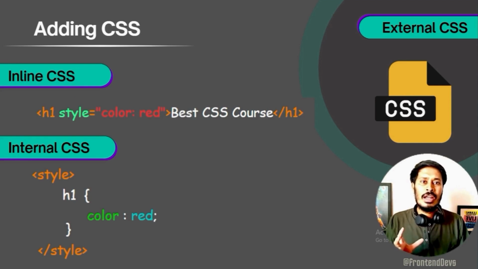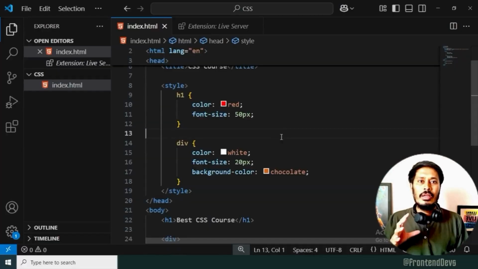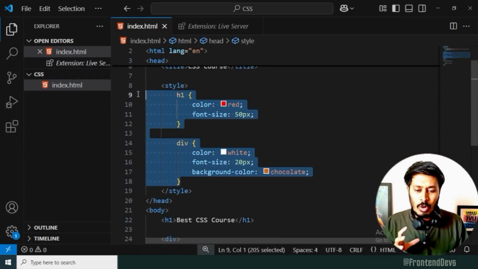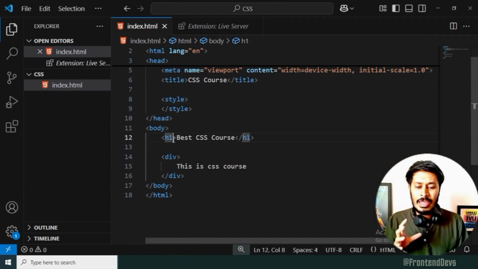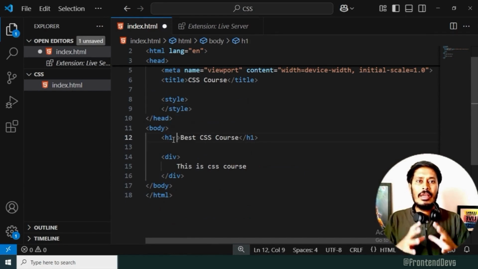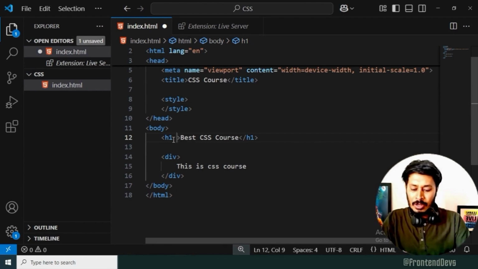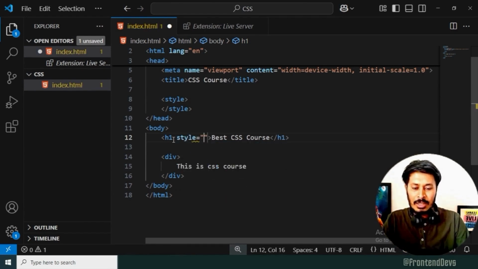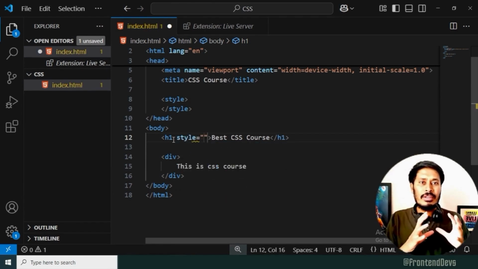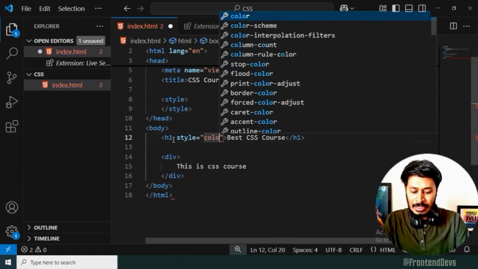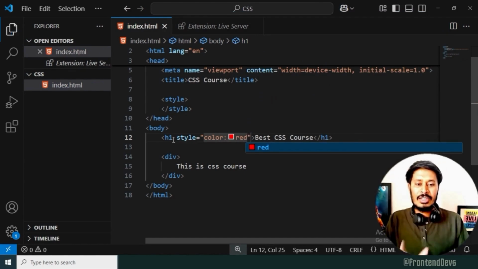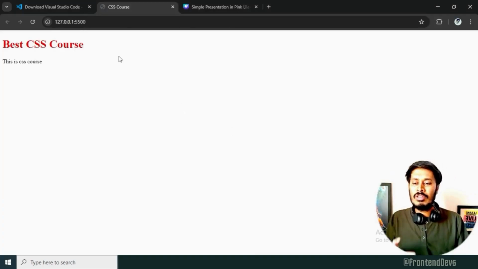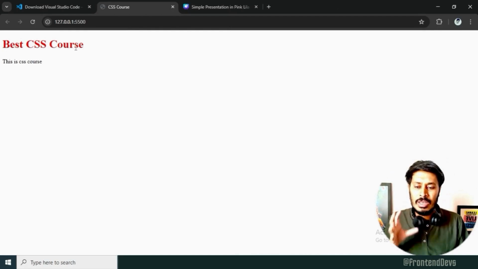To understand that, let's move to the VS Code, and we will get a better understanding. In VS Code, let me remove all the style now, and we will add style on our H1 element, and it would be inline CSS. For that, I need to use the style attribute here. I can add the properties and values. Let me add the color property, and the color could be red here. Let's save the changes, and if I go to the browser, we will see the color of the H1 is